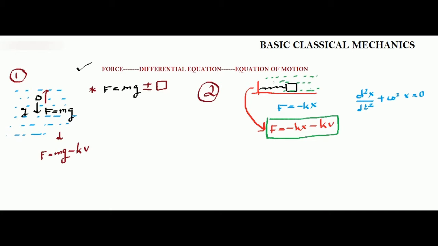Let me make some things clear. Whenever you change the environment, you add an extra term to the original force equation. Oh, this k is different. Let me write k dash. Let me take another variable that will be better, because both k will confuse you. So let me take b, and write it in b.